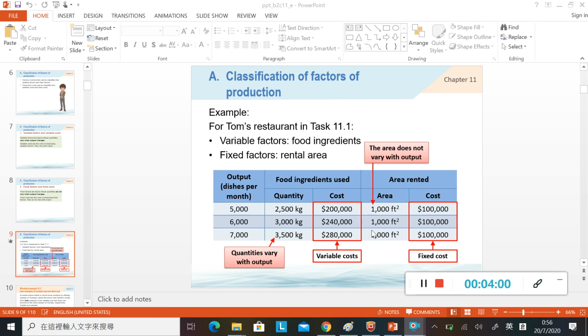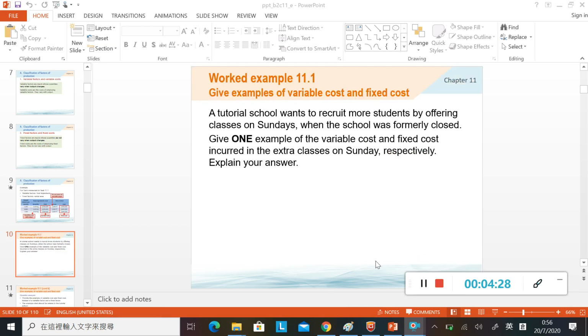Okay, so in this case, the rental area is the fixed factor, and the money you pay for renting the area will be fixed cost. 就算你整多咗 output，佢租嗰個地方嘅大細都係一樣，都係1000尺。所以佢唔會 vary with output，就係 fixed factors，而嗰個 cost 就係 fixed cost 啦。